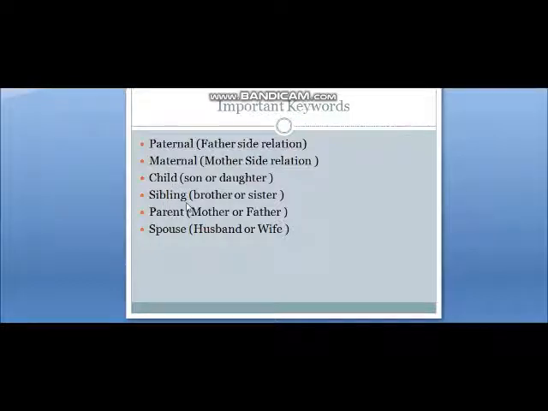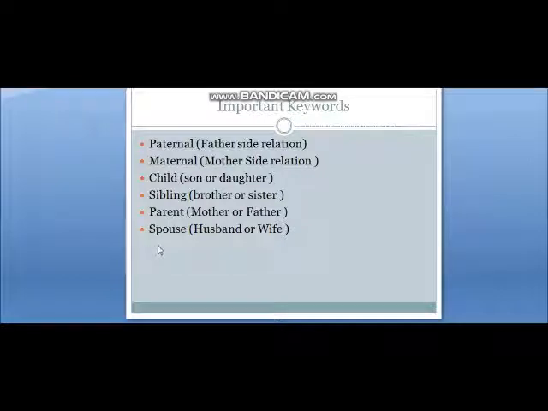Then the sibling. Sibling is again a neutral word. Sibling can be your brother also और sister also. ठीक है, भाई बहन के लिए हम word use करेंगे sibling. Then your cousins also come under the sibling की category में. Cousin के लिए वैसे special word use होता है, cousin. Then parent. Parent is again a neutral word, that is maybe mother or father. If it is not specified in a question, you have to identify that using your other relations.